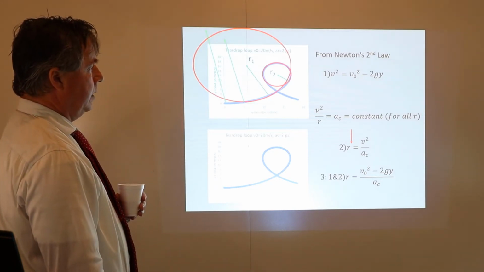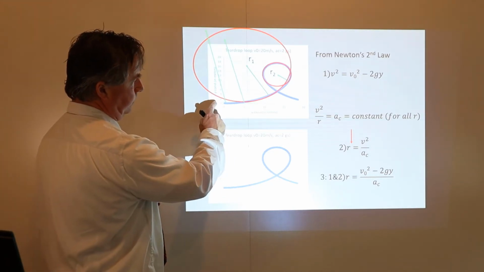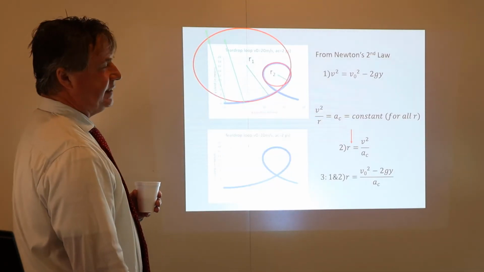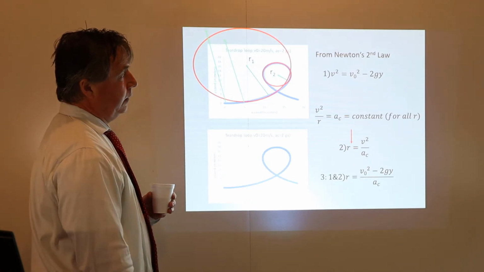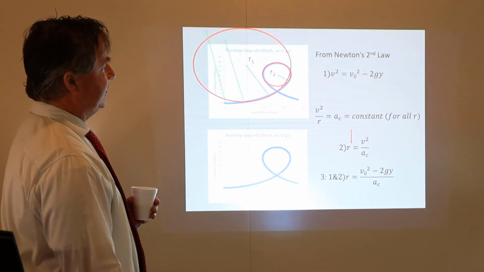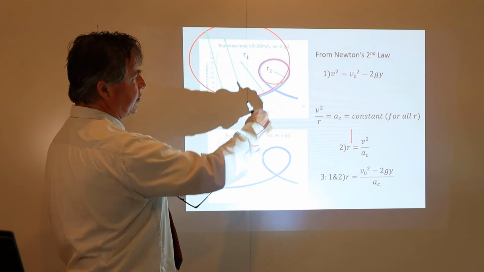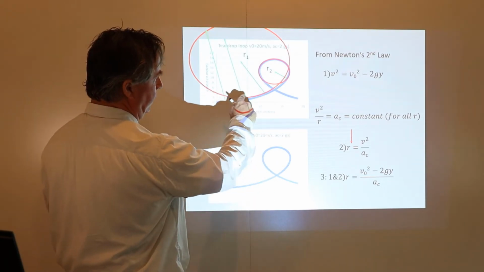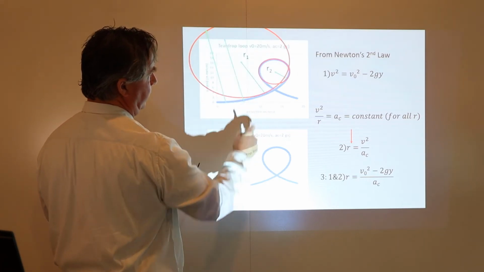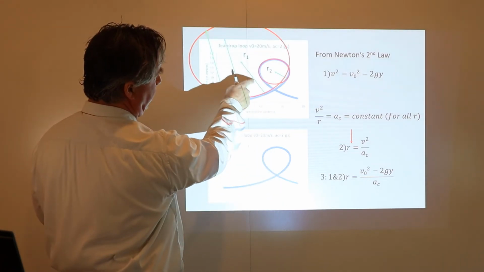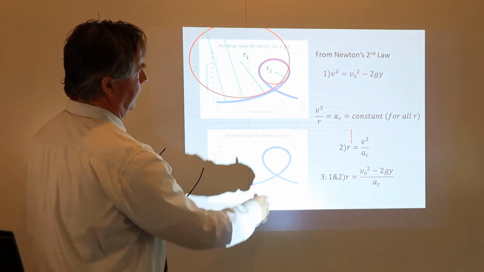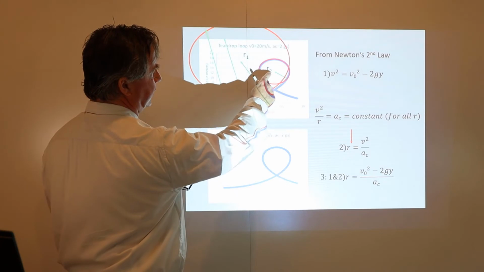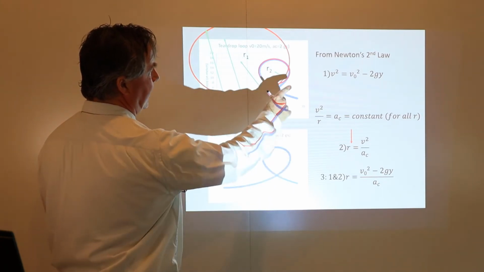Well, as you rise vertically, this equation tells us that the velocity will drop. That's easy, right? If you throw a ball up in the air, the higher it goes, the less its speed. The two circles I've inscribed for this demonstration include this circle at this point in the curve with an approximate radius of R1, and this circle inscribed at this part of the curve a little higher up with a smaller radius R2. So velocity is dropped,